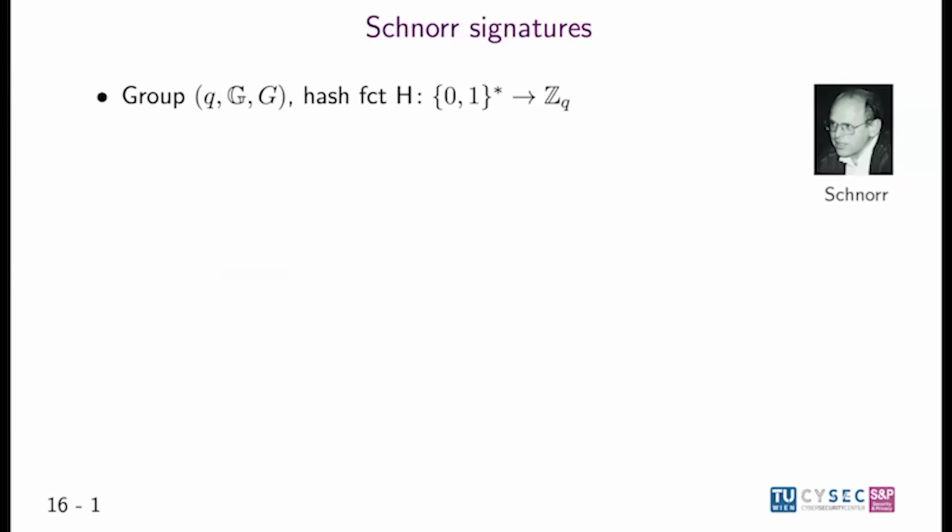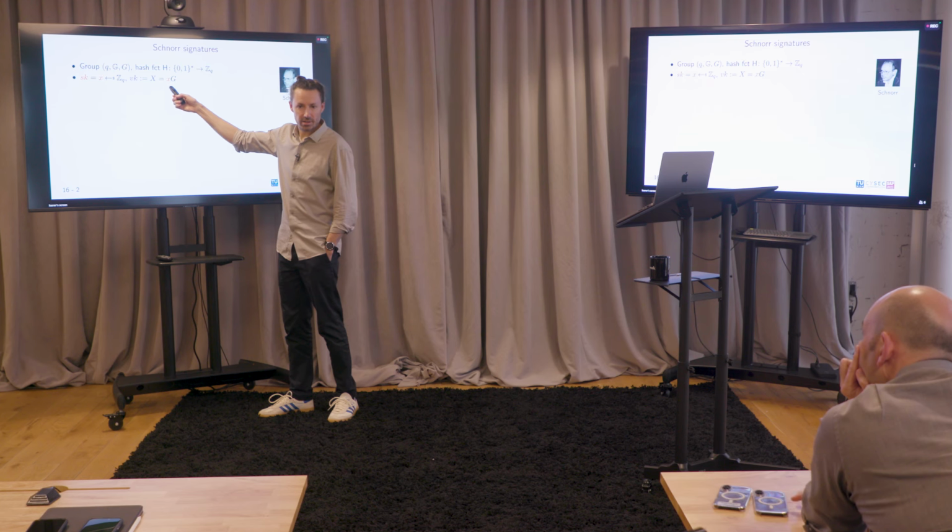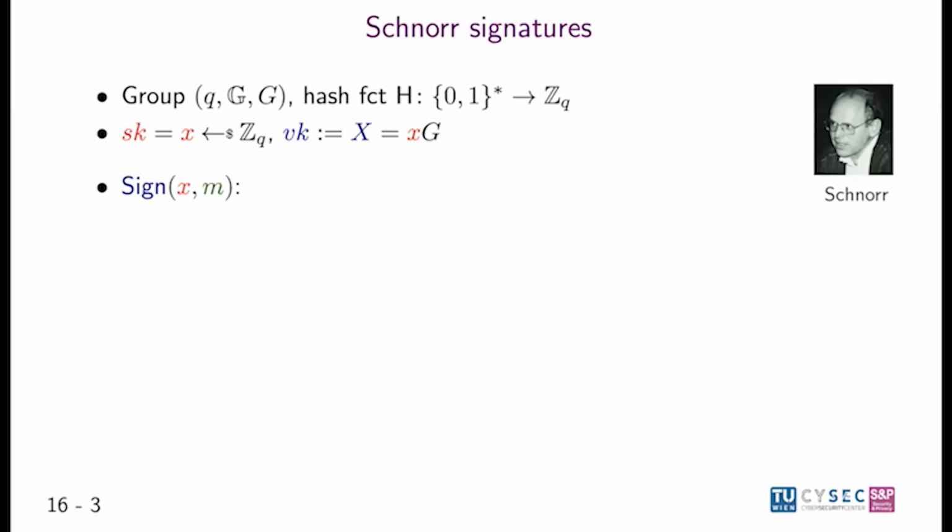Okay, here's Schnorr signatures. Now we're in typically an elliptic curve group of order Q, generated by some generator G, and we have a hash function that maps bit strings into ZQ. Secret keys are elements in ZQ. Verification key is X times G, so note that I use additive notation, so this is often written as G to the power of X, but it's the same. So basically the discrete logarithm problem says that if I give you this group element X, you can't find little x, its exponent.